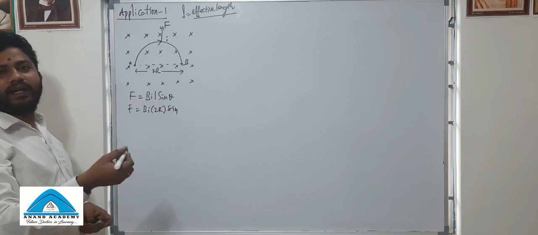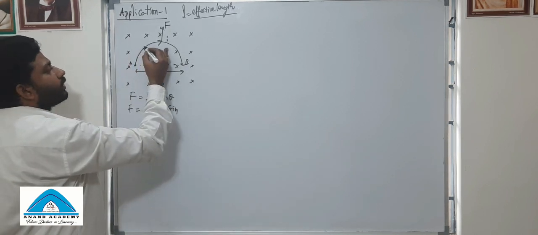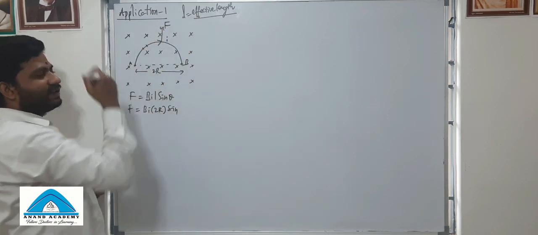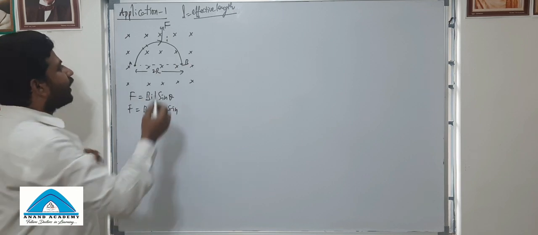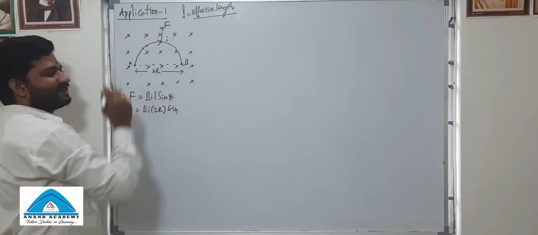Angle between L bar and B bar, at any point you take, imagine at this point you take L bar is in this direction and the B bar in this direction. Okay, so at this point you take L bar is in this direction, B bar is in this direction.